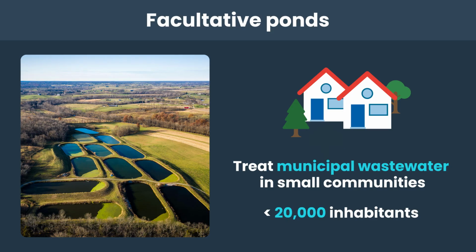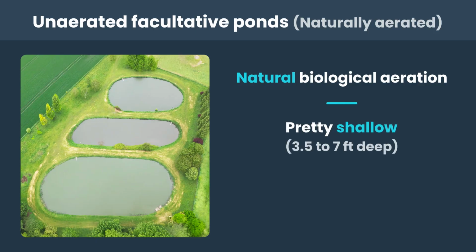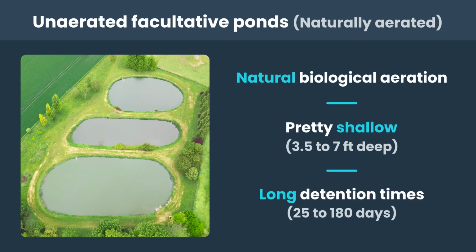There are two main types of facultative ponds. Unaerated facultative ponds, or naturally aerated facultative ponds, rely entirely on natural biological aeration from algae and wind. They are pretty shallow, usually between 3.5 to 7 feet deep, with long detention times ranging from 25 to